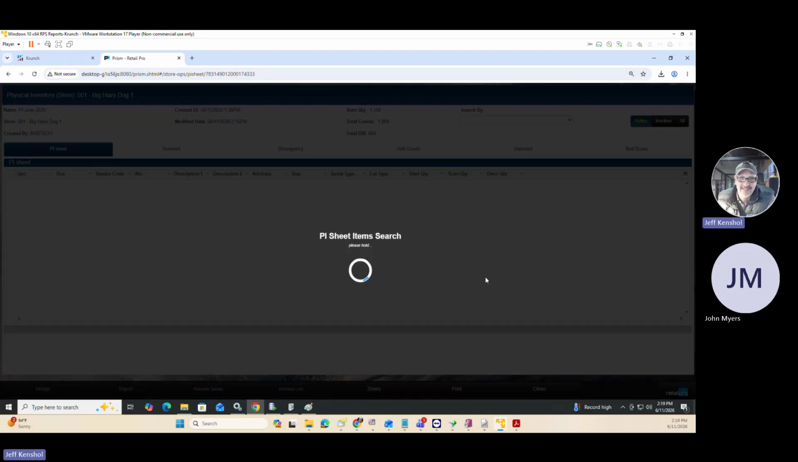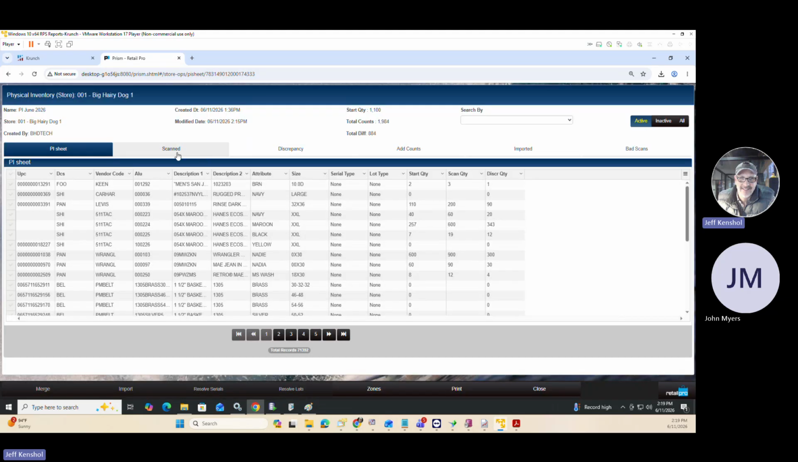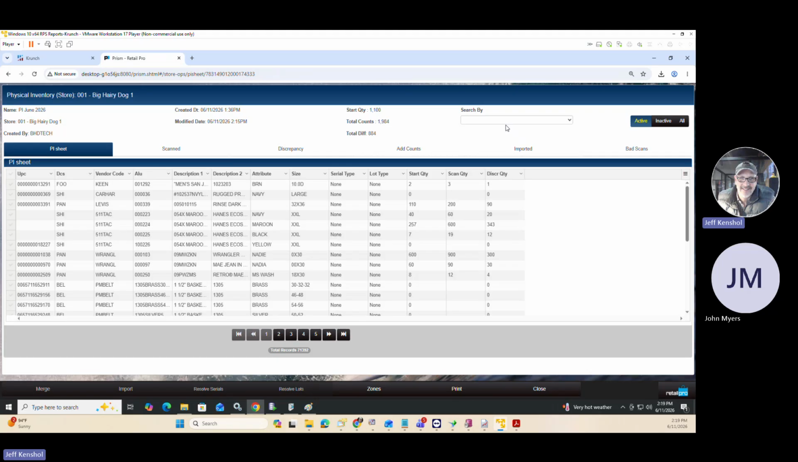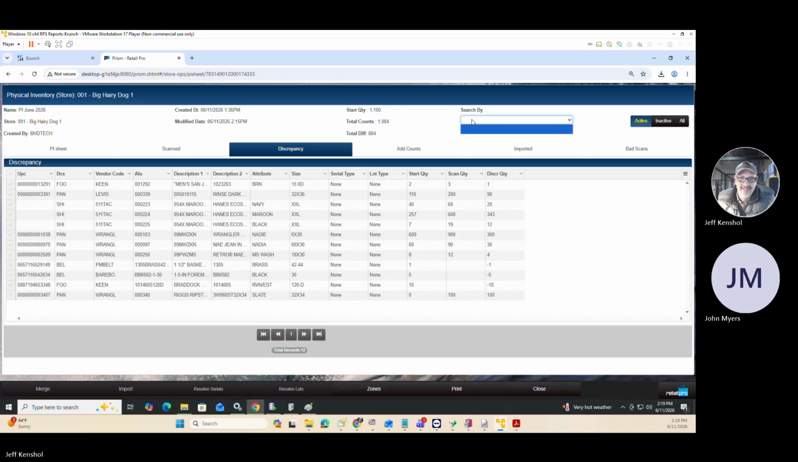And if we go out of here now and we go back to scanned, and I say search by ALU, well, I really should be in discrepancy or in the regular sheet, right? So odd, but all right. Why can't we search by anything here? But we already know it's been fixed. I move around too quick sometimes, and sometimes it gets messy. But anyway,